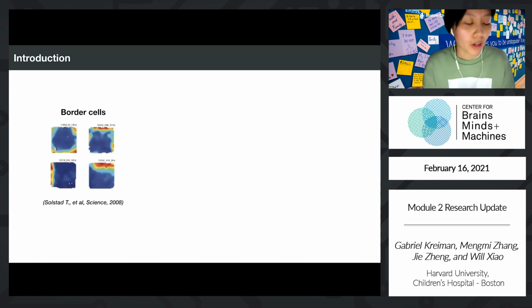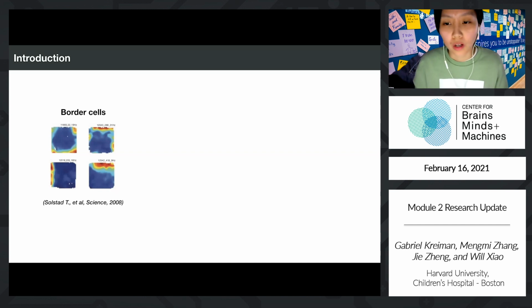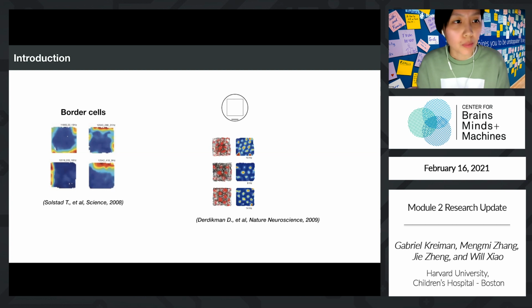For example, border cells, reported in 2008 in a Science paper from the Moser lab, were neurons in the hippocampal network that increased their activity when the rodents approached a spatial boundary in an open space. And besides encoding spatial boundaries in an open space like the walls here, they also found neurons in the hippocampal network capable of capturing structure information from a more complex